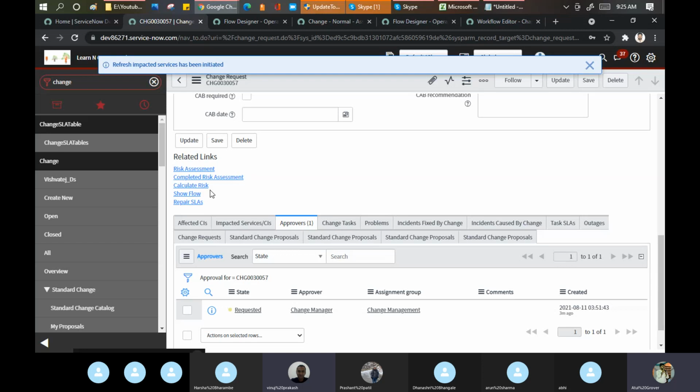Maybe it is active false. Possible it is active false only. So from the workflow, it decides to whom I should go. And these things come basically from the approval policy, the change approval policy. Okay, let's do one thing. Let's go here, change